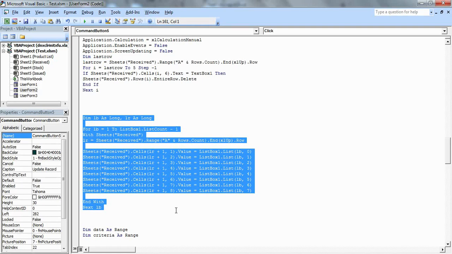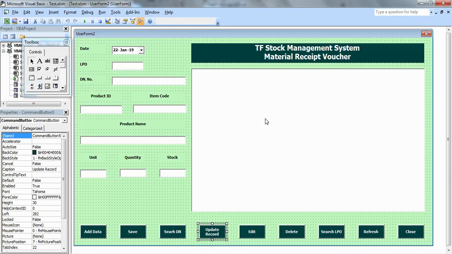Okay, and as you can see, as I told you, when we double click any row, the data of this row will be reflected here in these text boxes. You will make changes here, and after that you will click this button, so these changes will appear here. Okay, and then when you update the record, the existing record will be deleted and the new record will be saved as per the changes you have made.